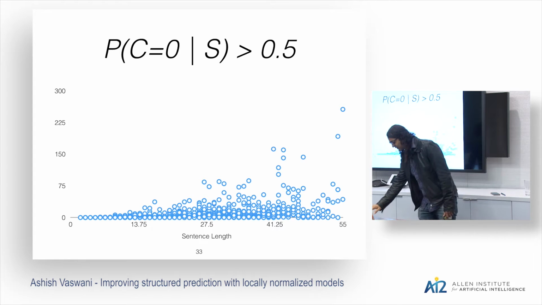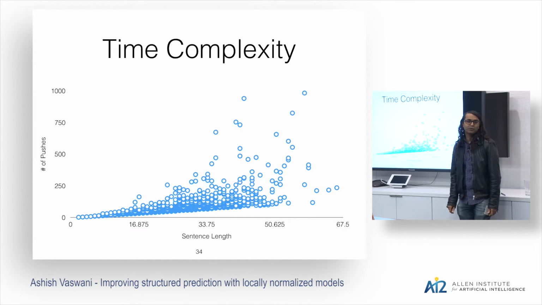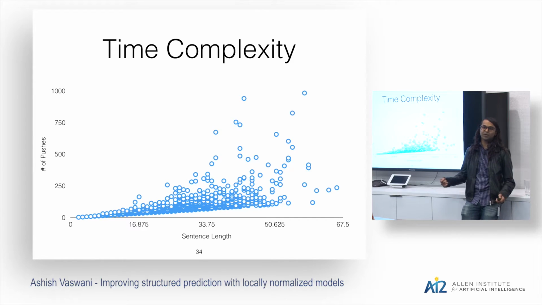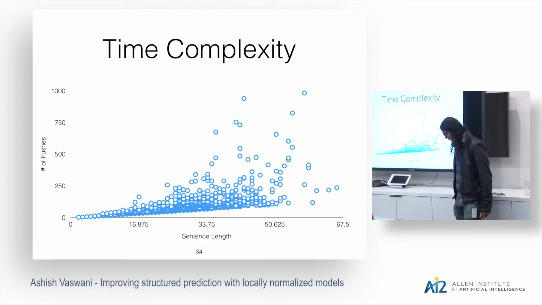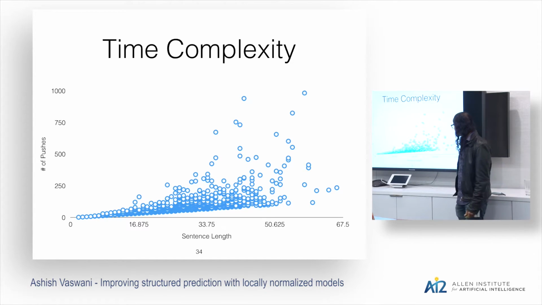So I mentioned that we are using a best first parser. The way it works is you have this priority queue, and the most likely parse is on top, and we pop it, and then we expand from it. So it's possible that every single time we pop the most likely parse, it actually turns out to be a bad state. So the right way to measure how much work we're actually doing is the number of pushes, because each time we generate a new state, we push it onto the priority queue. So if you notice that it's more or less linear, but as sentences get longer,